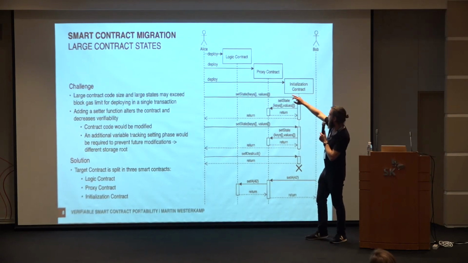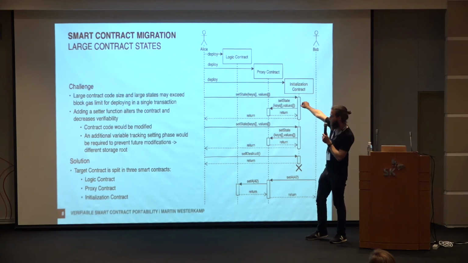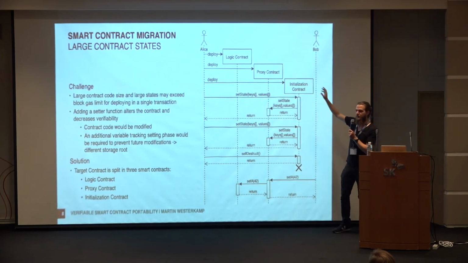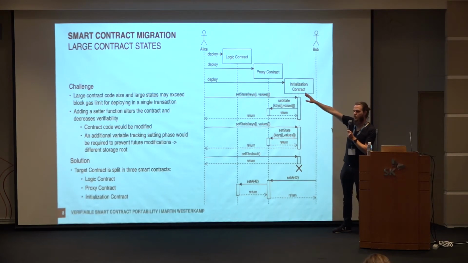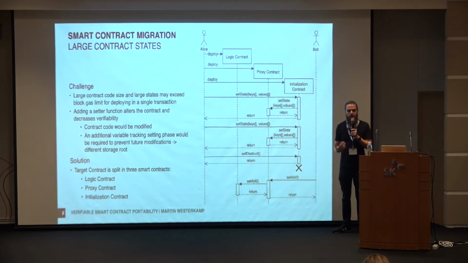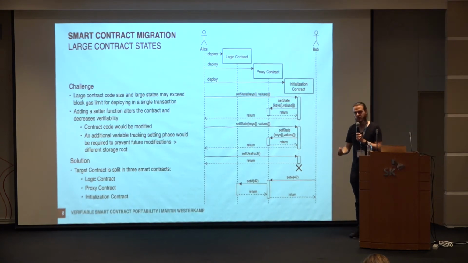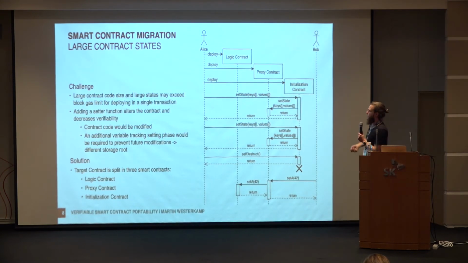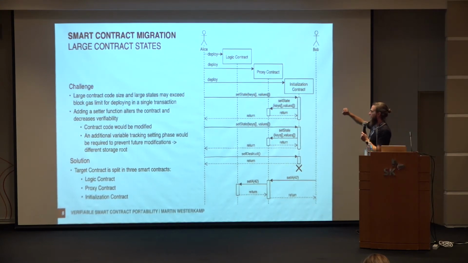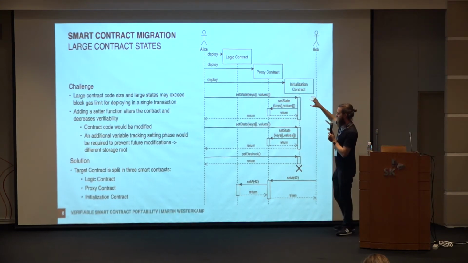We have the logic contract, we have the proxy contract, and the initialization contract. And the initialization contract is only present during the initialization phase. The proxy contract keeps the state, and the logic contract keeps the bytecode that was in the original smart contract. So now when migrating, Alice first of all deploys all those 3 contracts, and then she uses the initialization contract